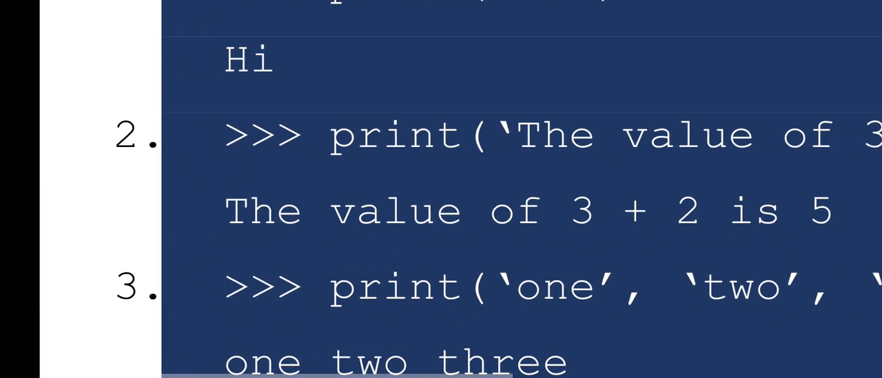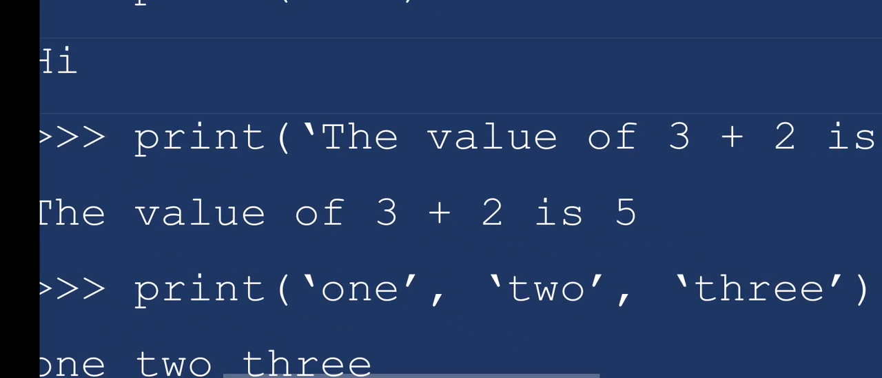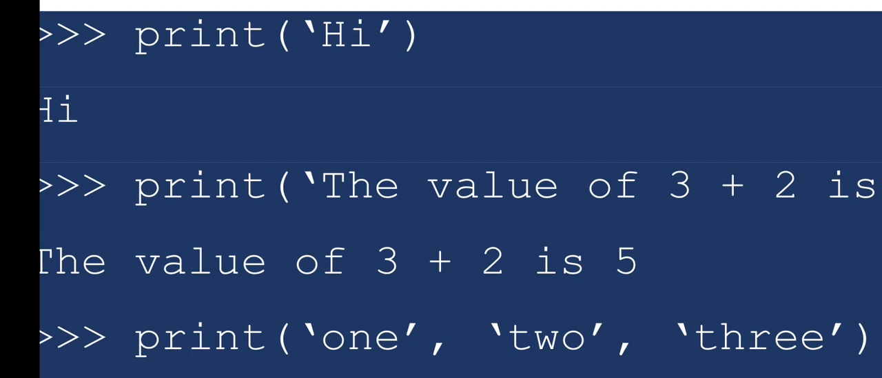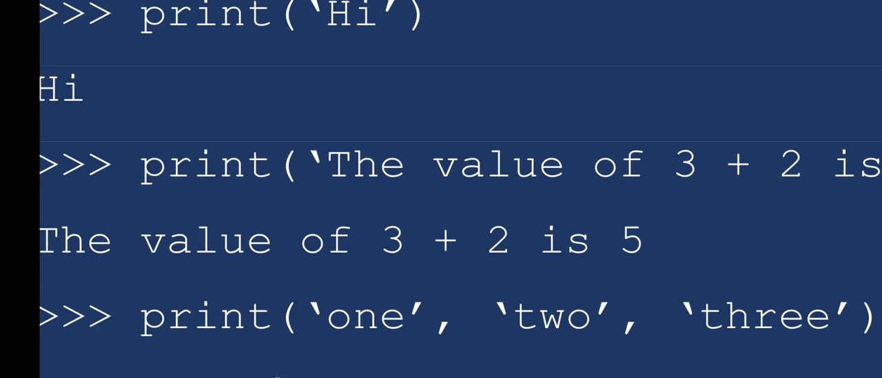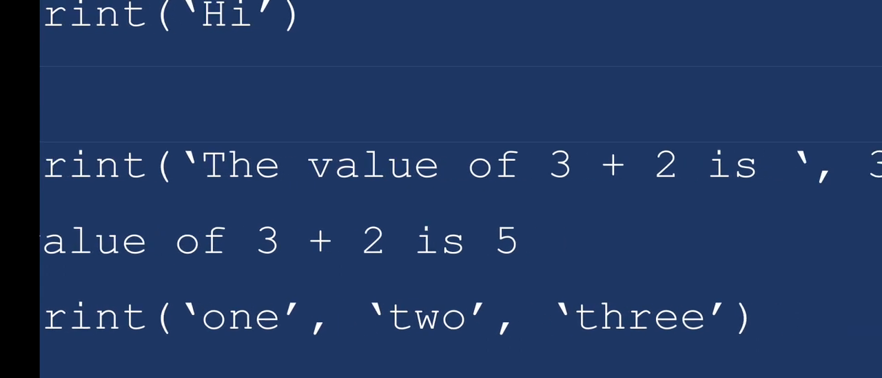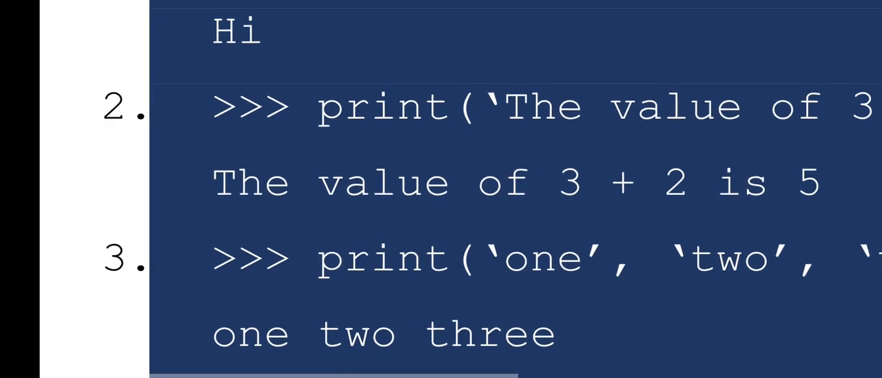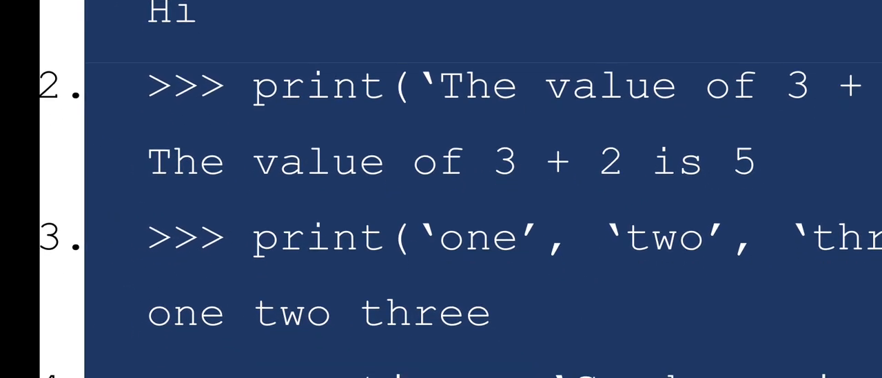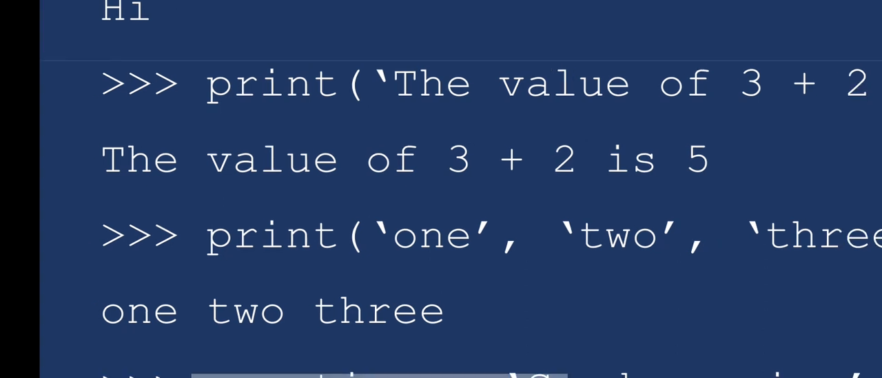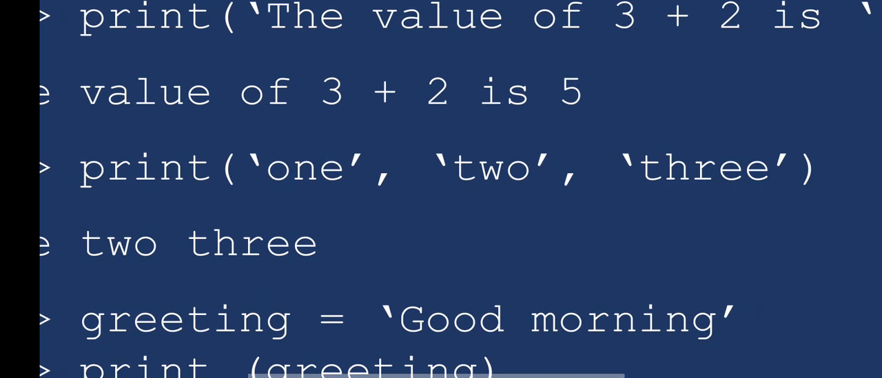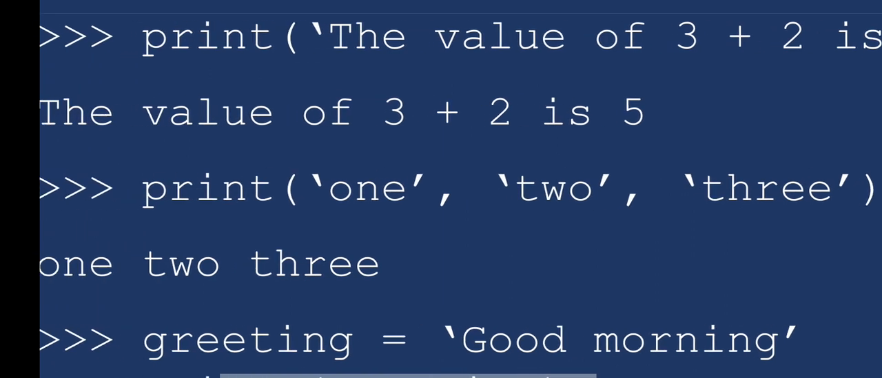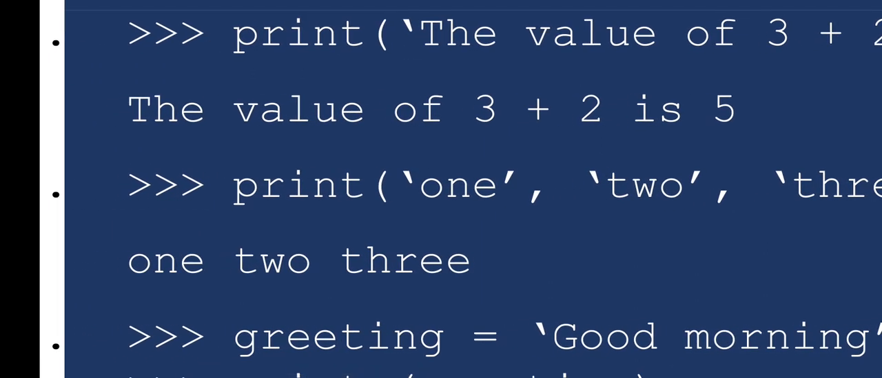And let's look at example 3, as it might bring things more clearly. The print function is called with many arguments, 1, 2, 3, and in the output we have all the arguments separated with a single space. And in example 4, or line 4, the string good morning is assigned to the variable